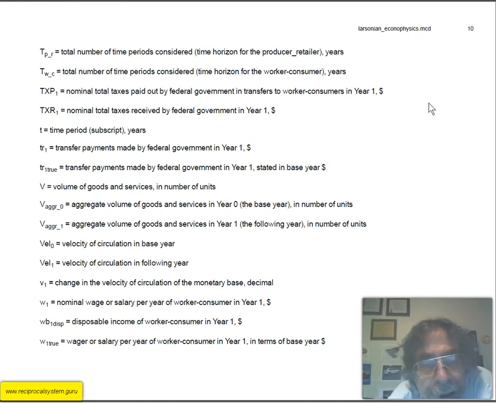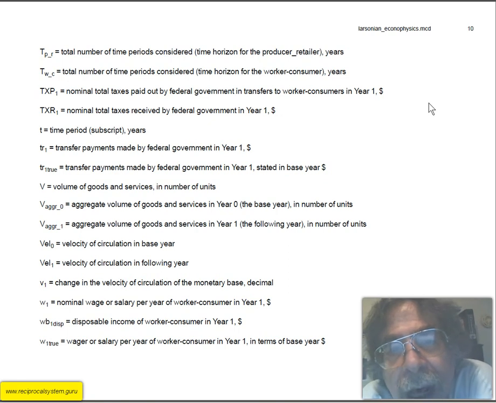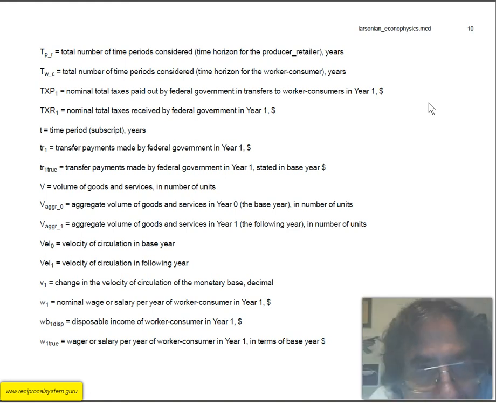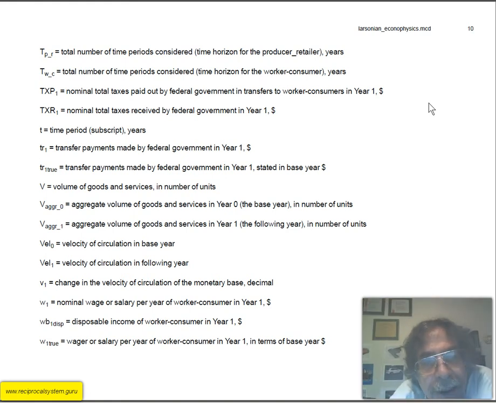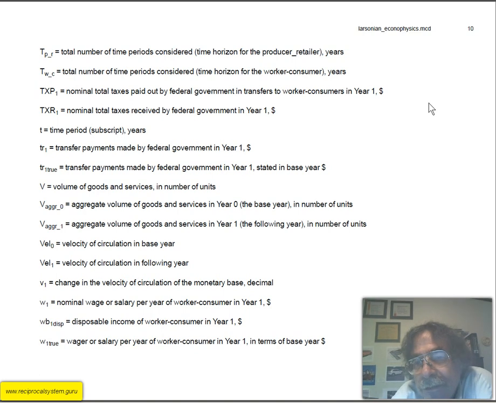Capital T sub P underscore R equals total number of time periods considered. That's the time horizon for the producer underscore retailer, and that's in years. Capital T sub W underscore C is the total number of time periods considered, the time horizon for the worker consumer, and that's in years also. Capital TXP sub 1 equals nominal total taxes paid out by the federal government and transfers to worker consumers in year 1,